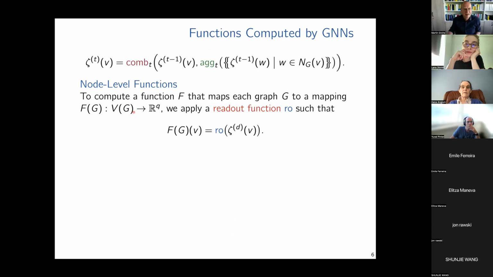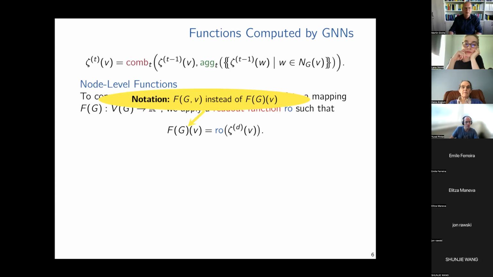They map every graph to a function from its vertices to some real vectors. The way we do this is we iterate for the D levels, the D layers of our graph neural network, and then we apply some learned readout function, again computed by a feed-forward neural network.